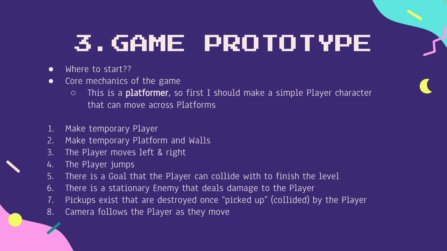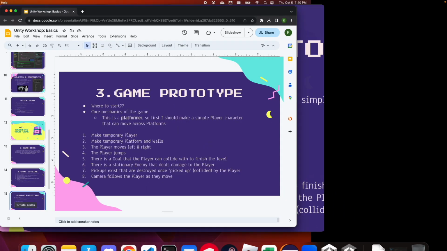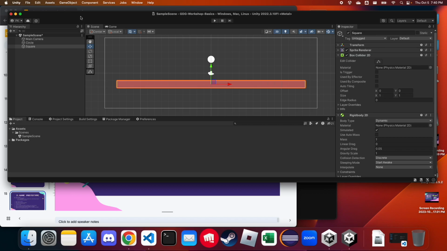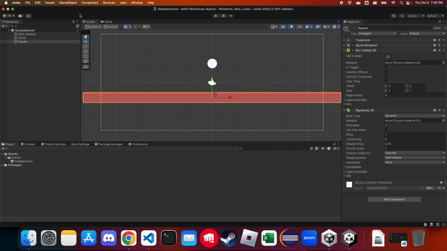So this is the list of things that I'm hoping to get through today, and based on my pace, I'm hoping that this is what we get through today. From here on, it's going to be a lot of me in Unity, poking at things and pointing at things. If you have any questions, please raise your hand or just yell at me. That's totally okay. And honestly, from here, it's just going to be in Unity because I said so. Okay, awesome. So now, I'm going to go here. And I have this. Okay, so